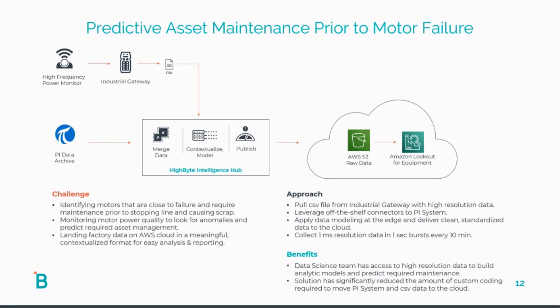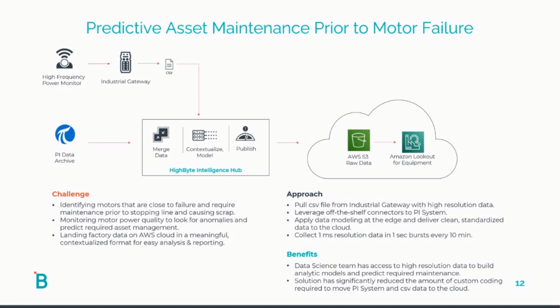That information was written to a CSV file, so we can pull in that CSV file. We can then combine it with what were the process dynamics of the line and what were the measurements being measured by other sensors on the line at the same time, because we're able to reach into the Pi historian and pull out that process information that's been logged in the historian. So now we're able to get a full picture of what's happening on that line and then send that information up to AWS. In this case, we actually package it up into a file and then load it up into an S3 bucket